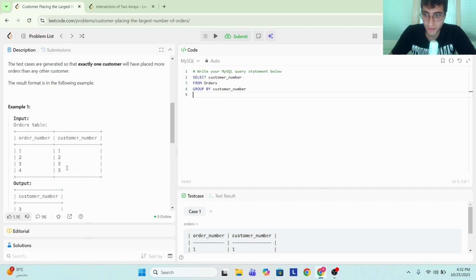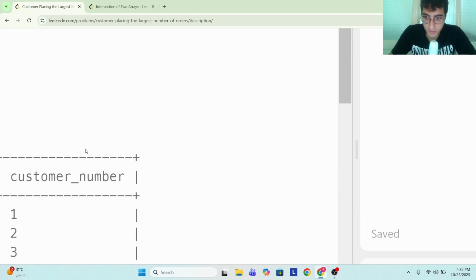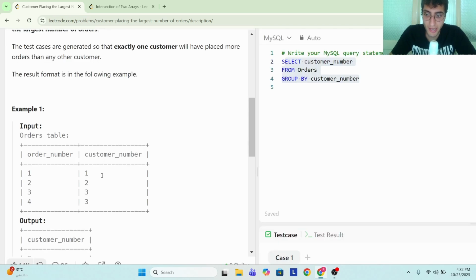To elaborate further, up to this point, we're going to have a table that only consists of customer number with the rows 1, 2, and 3. If I zoom in awkwardly, it's going to look something like that. And behind the scenes, SQL actually kept count of the number of rows that were grouped together. So for customer number 1, since it only has an order number of 1 and doesn't appear anywhere else in our table, the count is just 1. Same thing for 2. But for customer number 3, since it appears twice, it has a count of